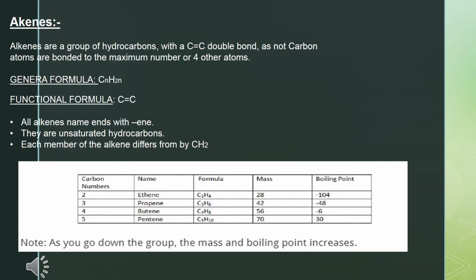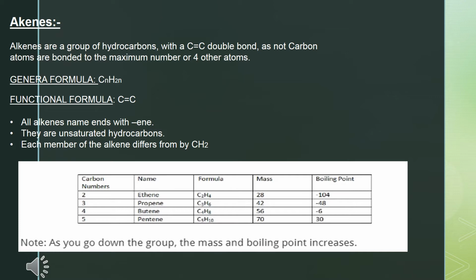Basically, alkenes are a group of hydrocarbons, and as you know, hydrocarbons are substances which contain hydrogen and carbon. Hydrocarbons are usually studied under organic chemistry because organic chemistry deals with hydrocarbons. But what is the difference between alkane and alkene? In alkanes you have seen a single bond between carbon and carbon, but in alkenes there is a double bond between two carbon atoms. So an alkene has a carbon-carbon double bond in between.